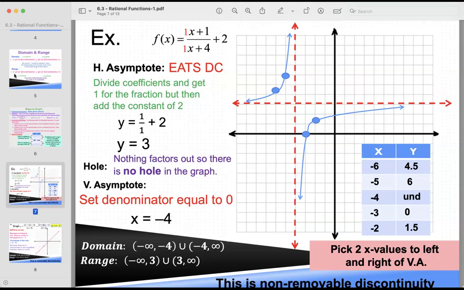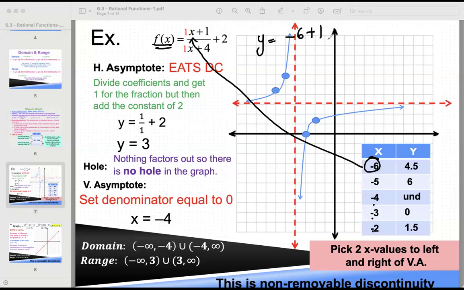There are two ways to derive this table, ma. Minus 6, minus 5, minus 4, minus 3, minus 2. Substitute x in here. This is y, right? Y will be equal to minus 6 plus 1 divided by minus 6 plus 4, plus 2. Do you see? Instead of x, I'm just substituting minus 6. That's all. You got it? Minus 5 plus 1 by minus 5 plus 4, plus 2 is 4.5.